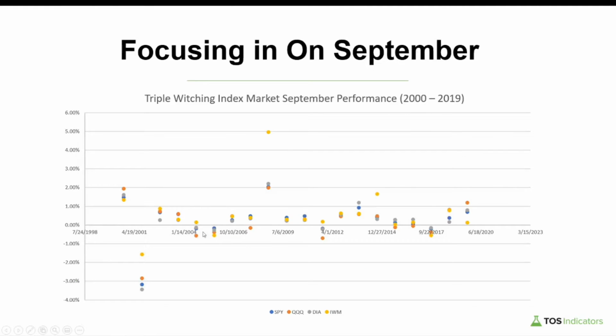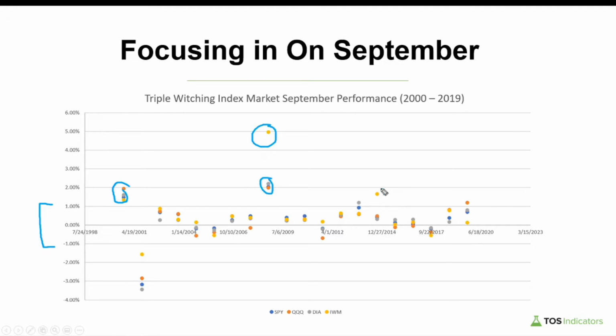So now if we look at the same data again, but this time focusing only on the month of September here, you should notice something very similar, right? So again, in the month of September here, you'll notice plus or minus 1% encompasses most of our data points. We have an outlier here, you have an outlier here, you have one outlier here, which was the Russell.